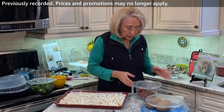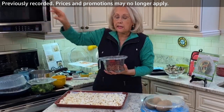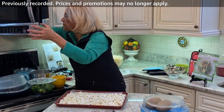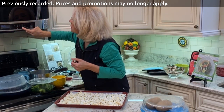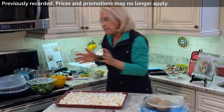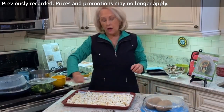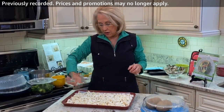All right, so let's do the chocolate. We're going to cover it and put it in the microwave for 1 minute on medium, and that's the key, medium. Okay, so that's going to be the chocolate. Once I take the chocolate out and drizzle it on the popcorn, I'm going to add a 1/2 cup of the M&Ms. And these are really fun. I couldn't find just a regular M&M in green, so these are a mint M&M, and it's really nice because it has just a tiny bit